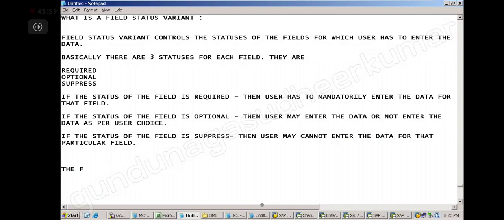Further, a field status variant contains field status groups.